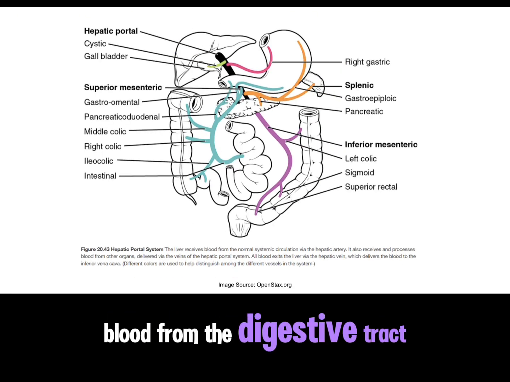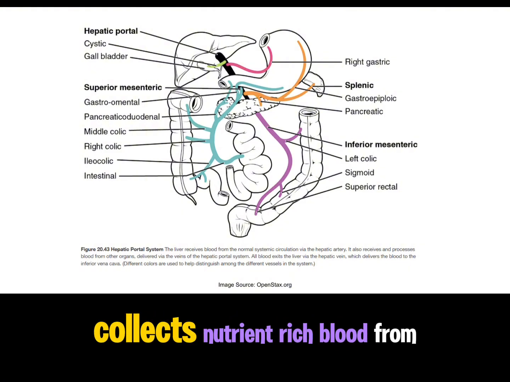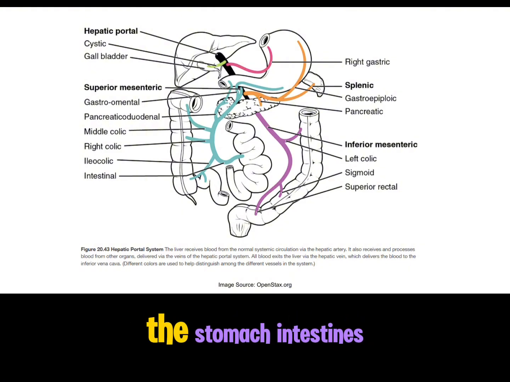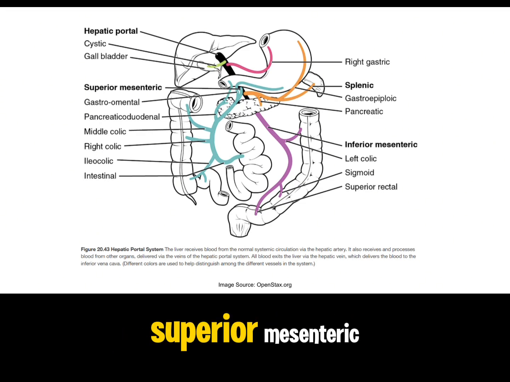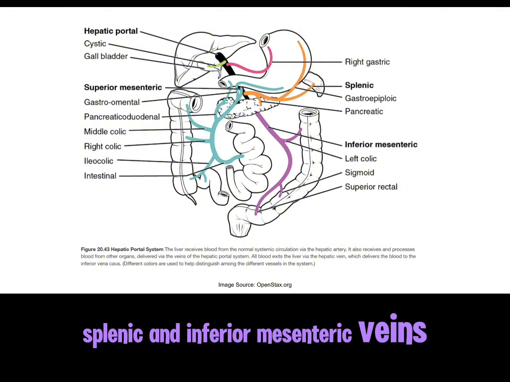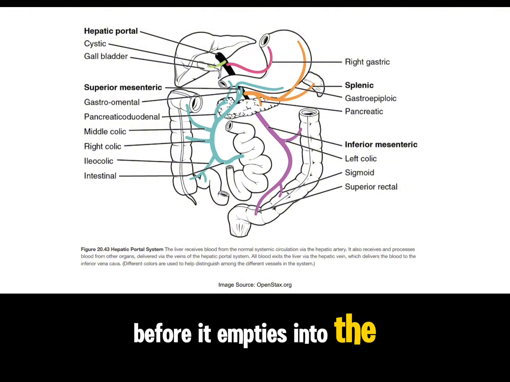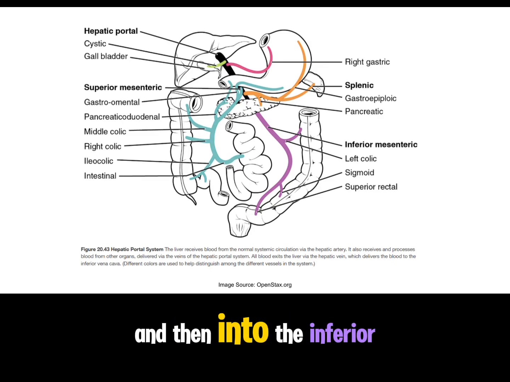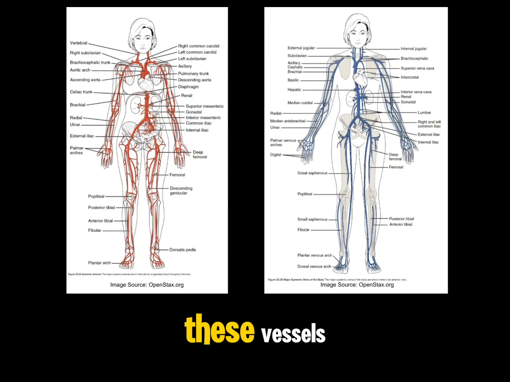Blood from the digestive tract follows a special route. The hepatic portal system collects nutrient-rich blood from the stomach, intestines, pancreas, and spleen via the superior mesenteric, splenic, and inferior mesenteric veins, sending it to the liver for processing before it empties into the hepatic veins and then into the inferior vena cava. Understanding the detailed paths of these vessels